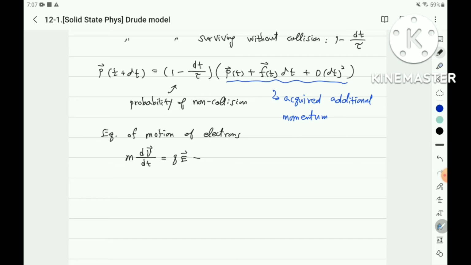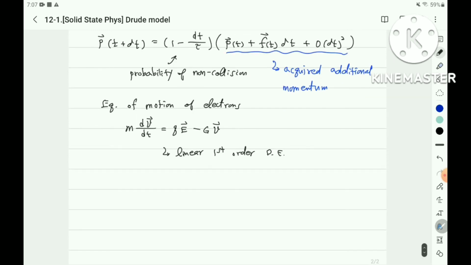The drag force is gamma v. Drag force is proportional to the velocity, and it is a linear first order differential equation,